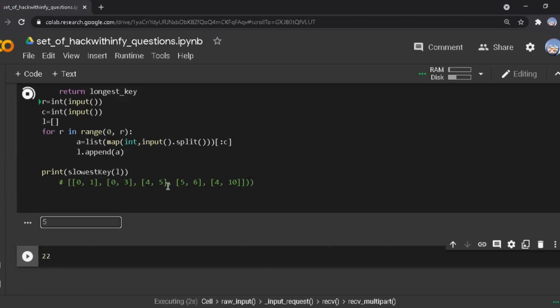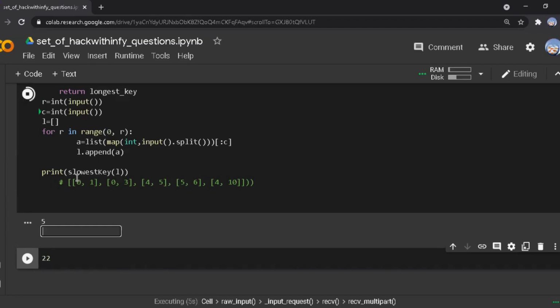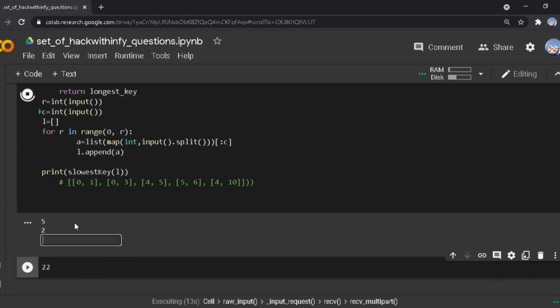Totally 5 rows, because it is 1, 2, 3, 4, 5. And if we consider the columns, there are only 2 columns, because each row has only 2 columns.